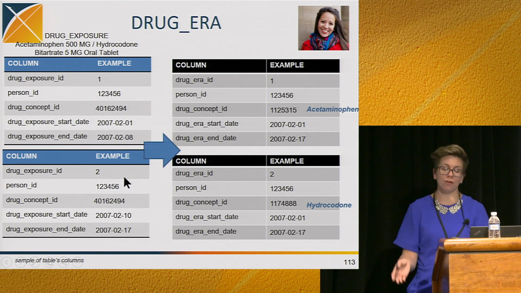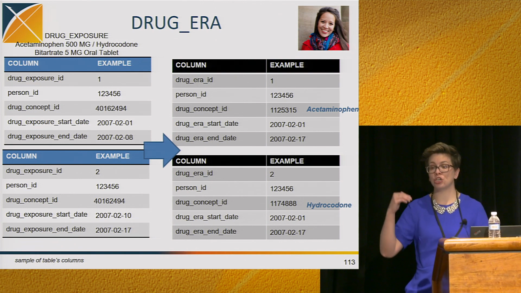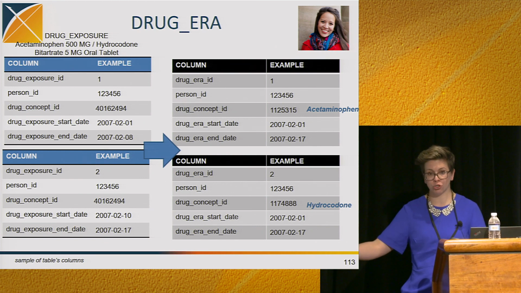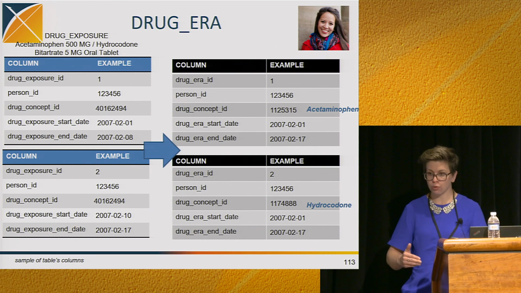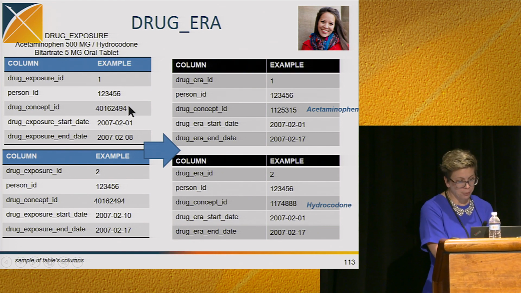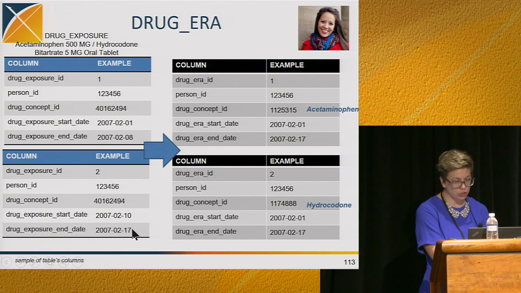But when I convert that to my drug era table, it's actually going to end up looking at each individual ingredient from that drug exposure. So there's going to be an acetaminophen, and we review the duration of exposure for acetaminophen, and then we're also going to review the duration of exposure for hydrocodone. In this example, she picked up a script on February 1st and finished on the 8th. Then she came back two days later and picked up a script on the 10th,